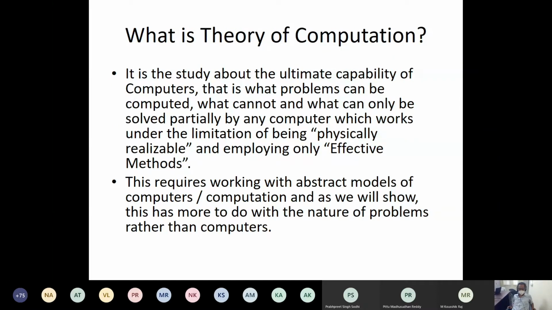So what is theory of computation? It is the study about the ultimate capability of computers. Note the word ultimate. What do we mean by ultimate? Well, we have not produced the biggest computer which can ever be produced. We are all the time producing bigger and bigger computers. So what exactly do we mean by ultimate capability? Obviously, we cannot refer to some specific machines which have already been realized. Rather, we try to do it mathematically, so that whatever